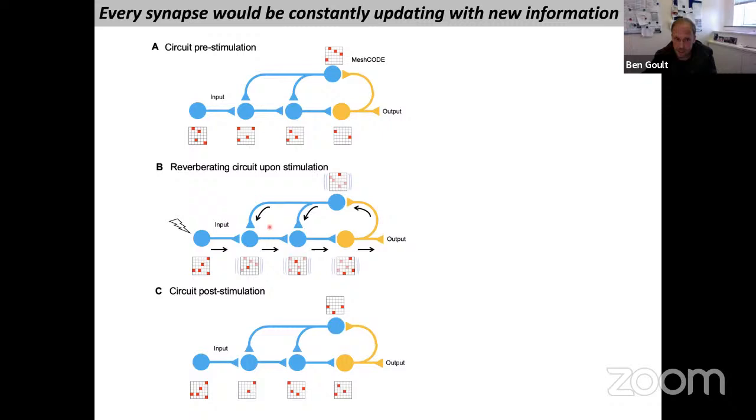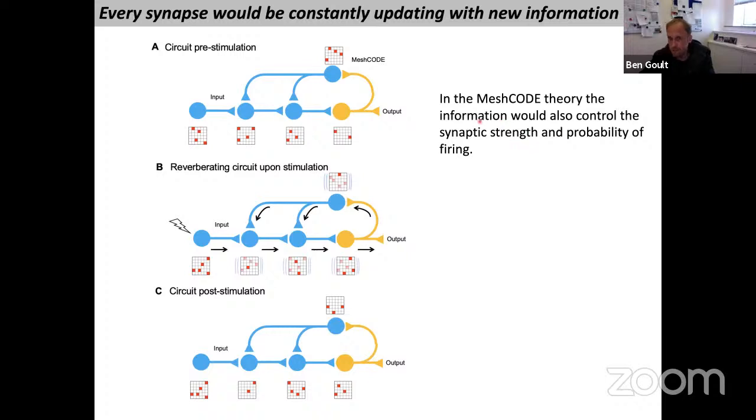At the end of that calculation, the synapses would look essentially the same, but the patterns of information in them across the whole circuit would be altered, such that you would have an input stimulating an output, but these patterns would be altered. That would be the prediction. This might mean that the next time you stimulate that, you immediately stimulate an output. It might be that you've learned that behavior, or it might be that these patterns are constantly updating, sending this information in different directions to calculate or compute what is going on. So in this theory, the information would also be controlling the synaptic strength and the probability of firing. There'd be a direct link between this information and which synapses and which circuits are switched on.